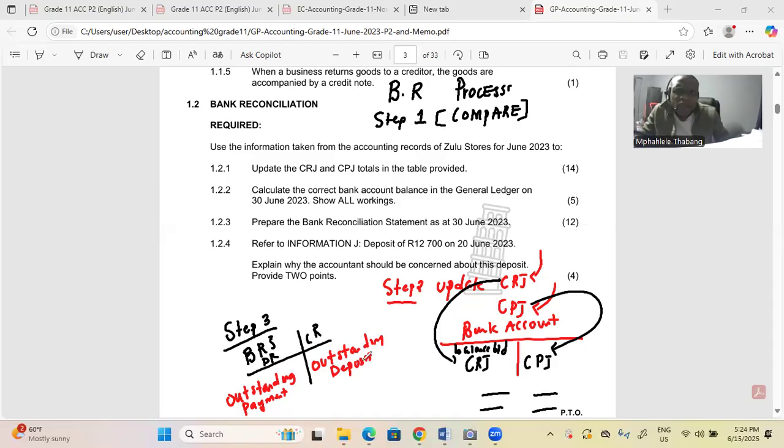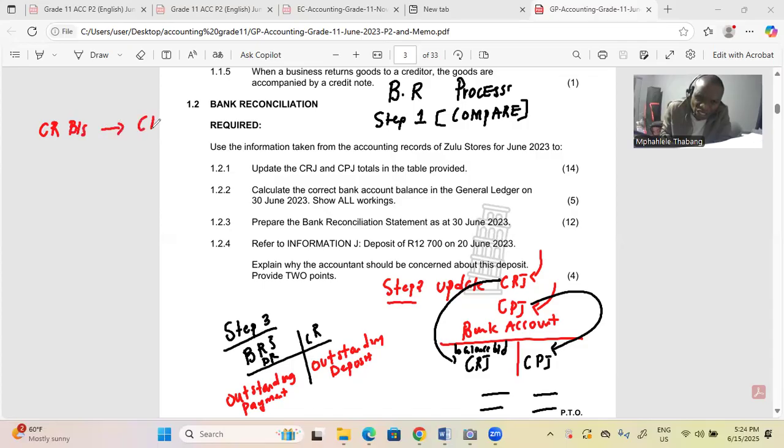But why? Why outstanding payments on the debit side? Why outstanding deposits on the credit side? Let me take you to part 1 of this bank reconciliation process. Step 1, which I said is the step of comparison. When we compare, I told you that we are going to compare the credit side of the bank statement with